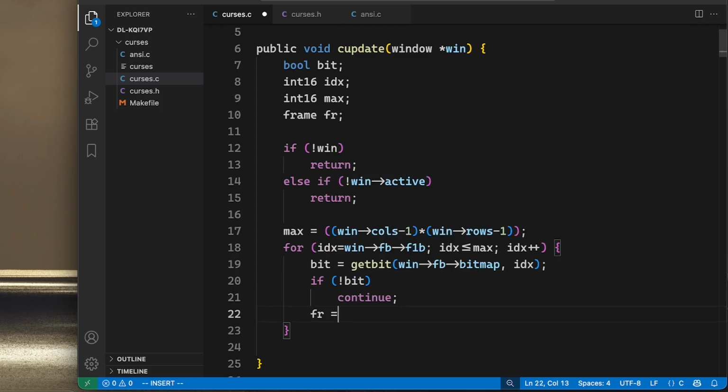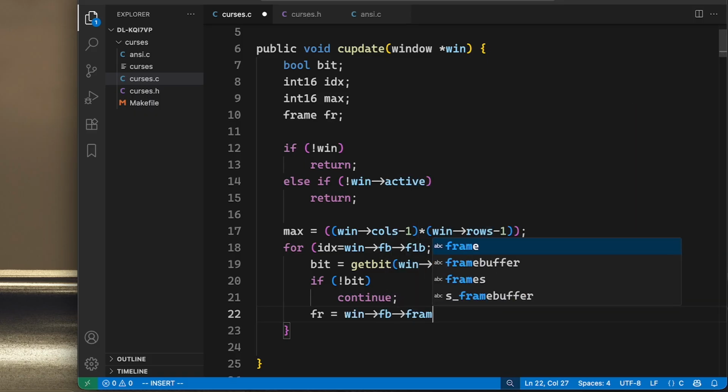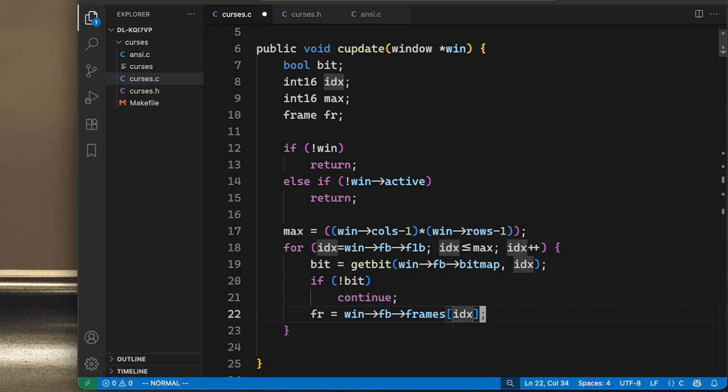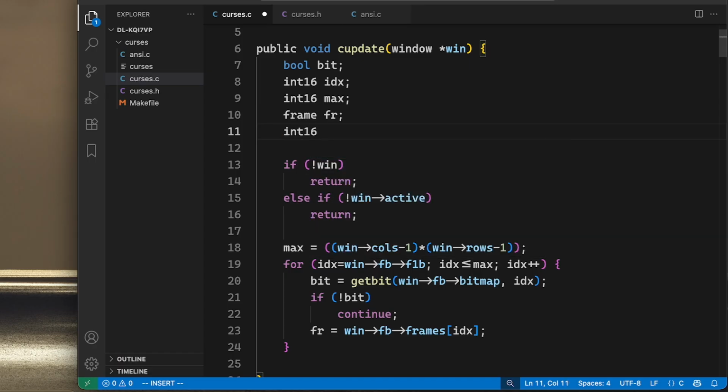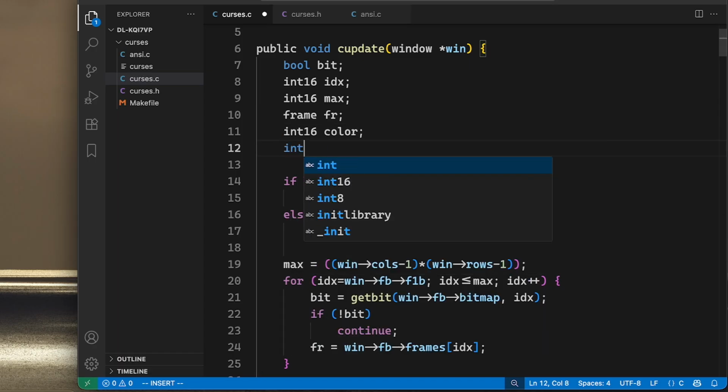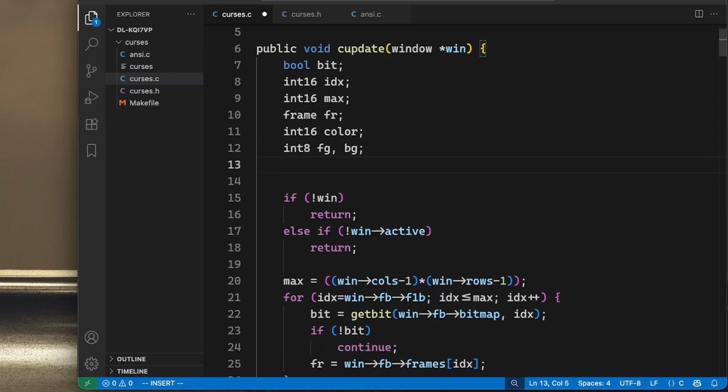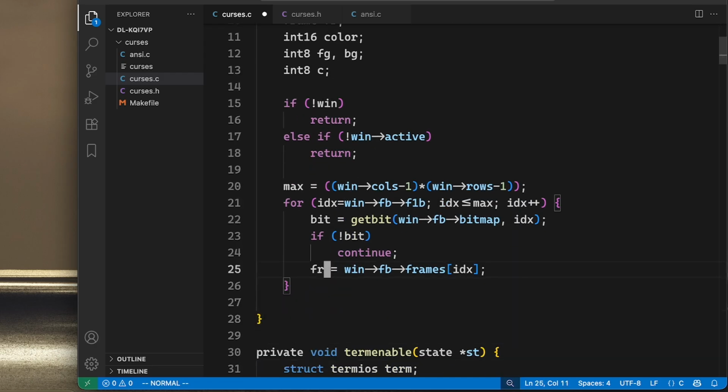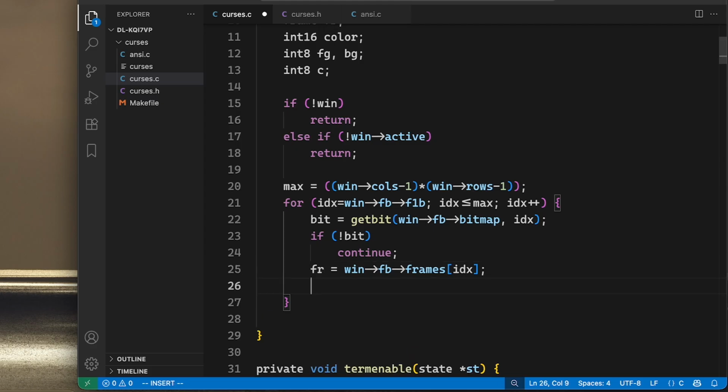And the frame is going to be the window framebuffer frames at this index. And now we need to divide this thing into its different parts. So we're going to have an int16 color, but also an int8 foreground and background. And we're going to have an int8 c for the character. So how do we get each of these? Well,